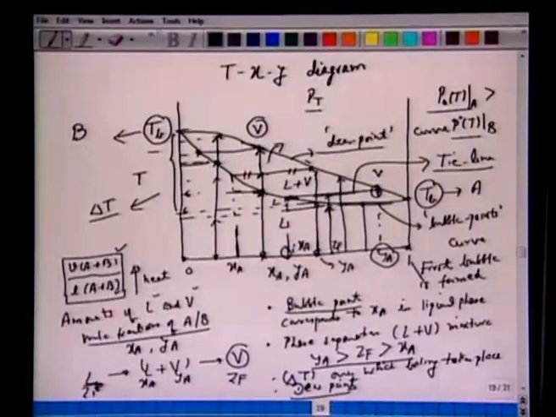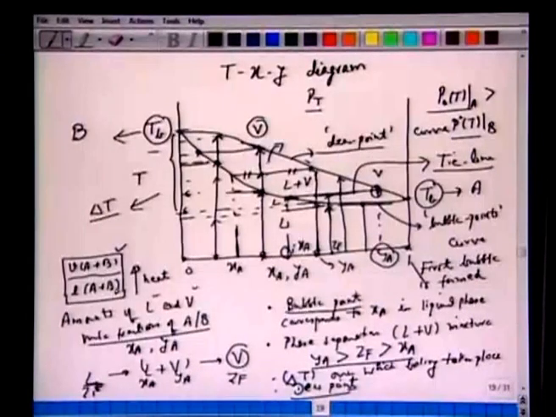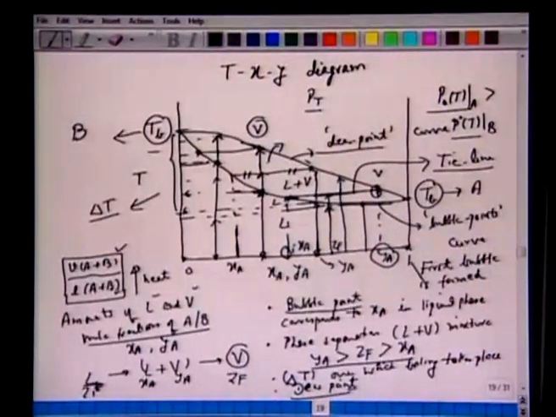So this is the TXY diagram one can observe experimentally. If you can measure the amount of liquid and vapor formed, we can do some chemical analysis to find the composition of vapor and liquid to obtain this. But you must not forget that this curve can also be obtained analytically by applying Raoult's law. So let's redraw this curve and make similar observations to what we had in case of heating the liquid. Now let's start with the vapor and follow the locus of this line. Okay, so now we have the TXY diagram.